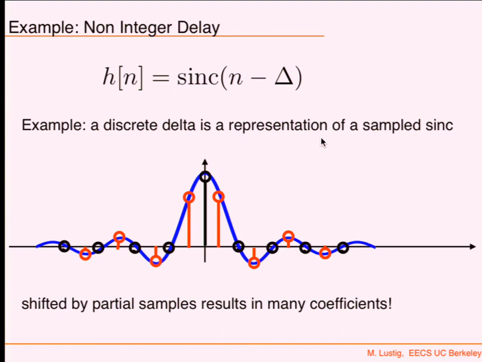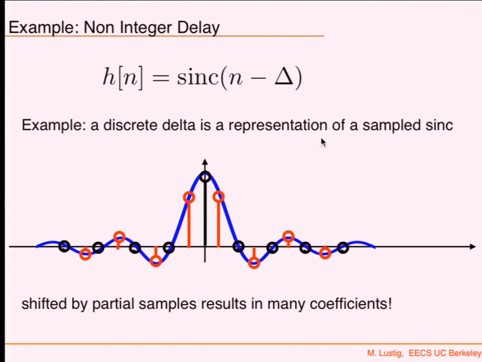So you can think of every impulse in the time domain as representing a sinc. Because how would we even go from the discrete to the continuous time? How would we do it? We represent it as an impulse, and then we convolve with a sinc. That's what is represented. So all the operations that you do are represented using band-limited signals.